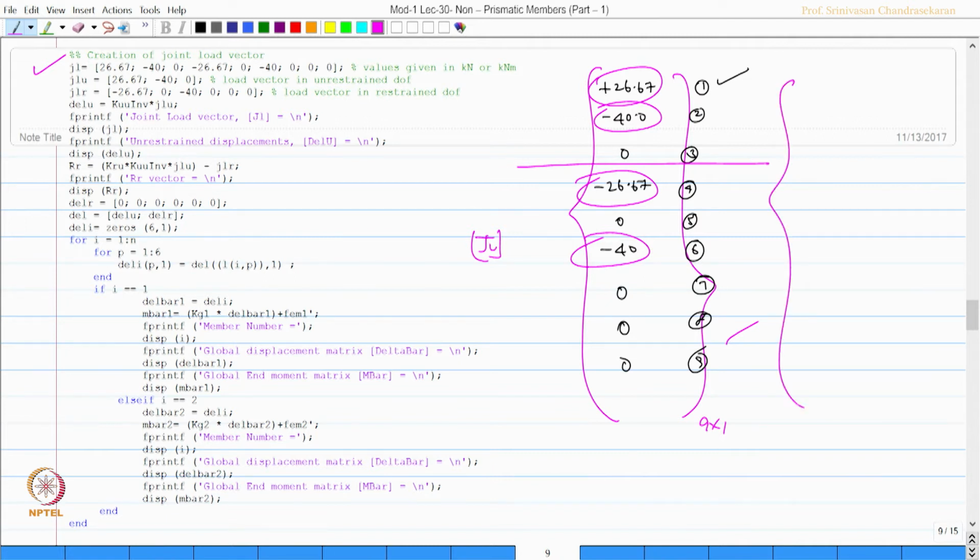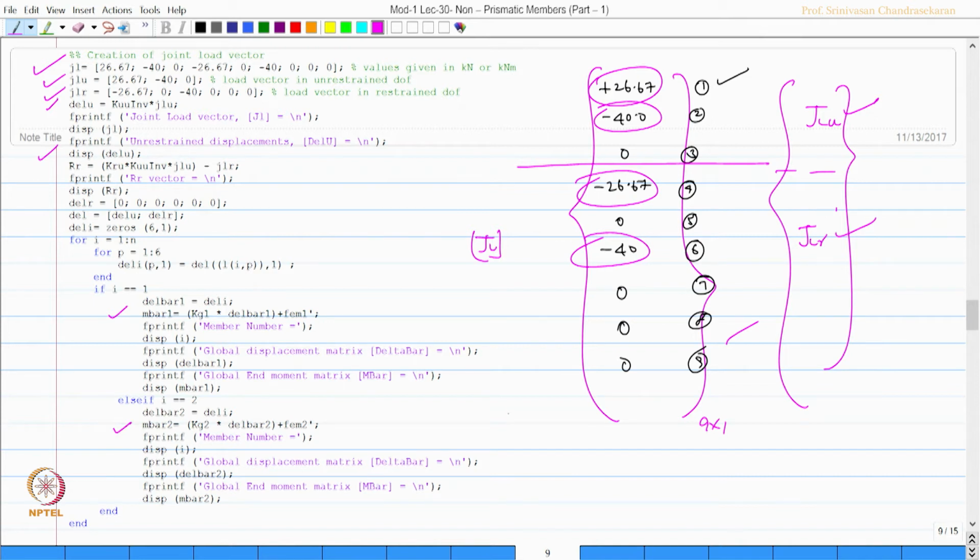So, this is going to be joint load unrestrained, and this is joint load restrained, and this is going to be 3, because unrestrained degrees of freedom are 3 in this problem. So, we have got JLU and JLR. We have got these two sub matrices from this vector. Then we found the del U vector, then we found the unrestrained displacements,